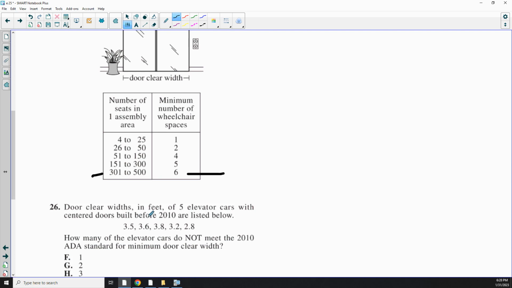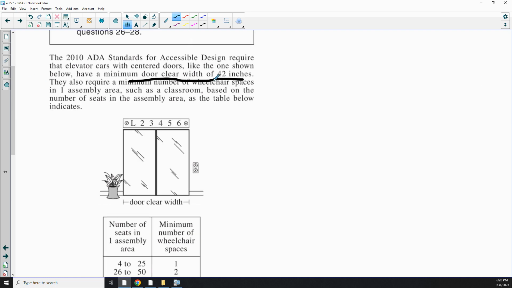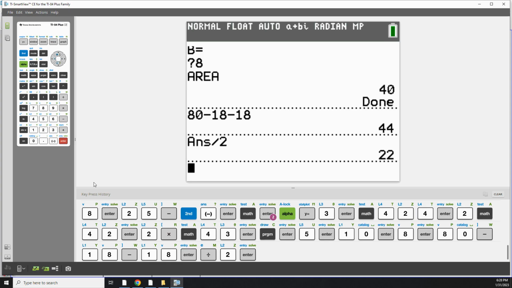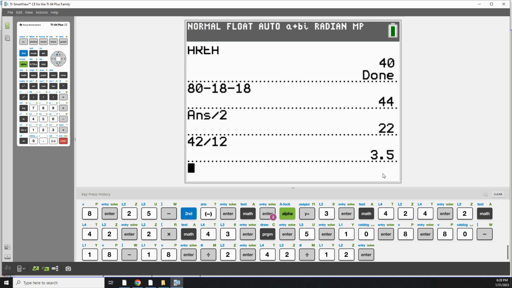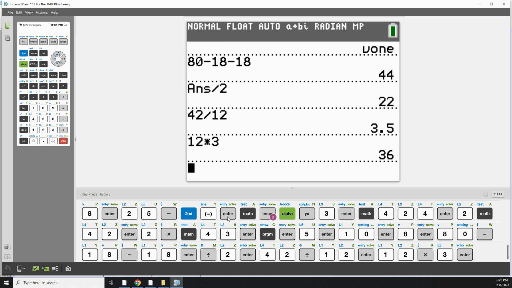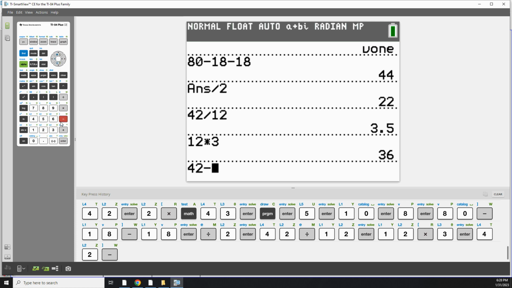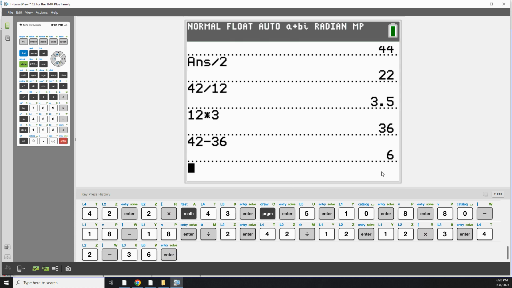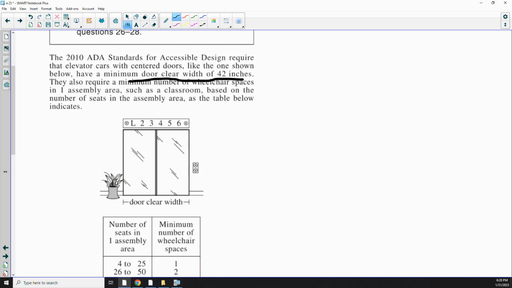It's listed in feet. So in feet. So we have to see what the clearance is in feet. It would be 42 inches, right? So I would just divide 42 by 12. And here's a trick I always use, 3.5. The trick is I take the 12 times 3 and see what's left. So it would be 36. So it would be 42 minus 36. But the half gives it away because you know a half a foot is 6. So we have to be at least, what is that,